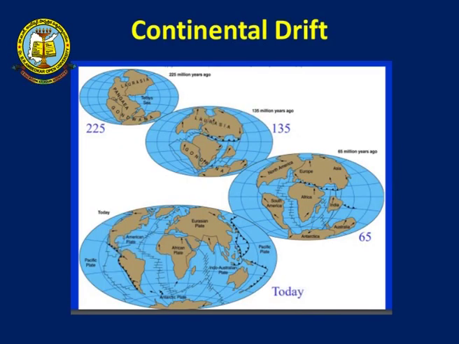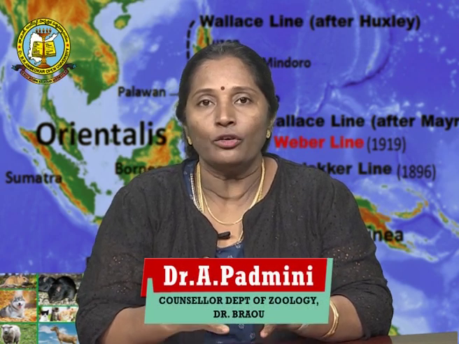Now, coming to continental drift. So, that was about discontinuous distribution. We will talk a little bit about continental drift. What do you mean by continental drift? What you see in the present day where the continents are distributed, it was not so earlier. Some 225 million years ago, all the continents were attached as one big continent called Pangaea, which later on got separated as what we are seeing nowadays.